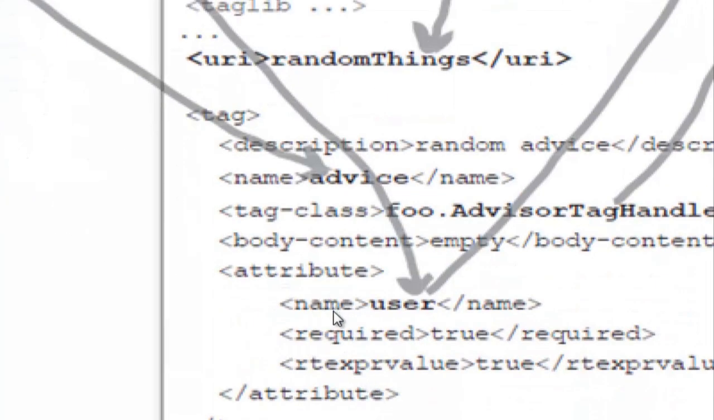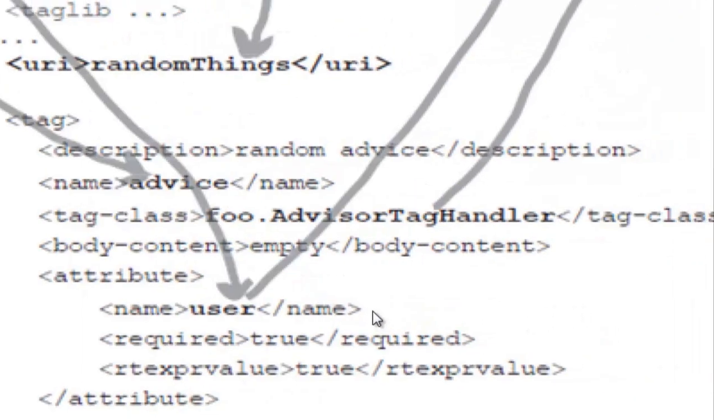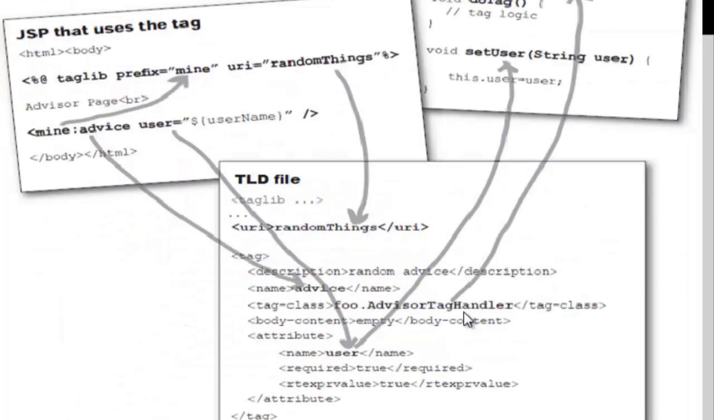So it says advice means go to a package called foo. Inside that you have a class called advisor. So go to that package and you get a class called advisor tag handler dot class. You're going to get that class there. So go to the class. In that class,